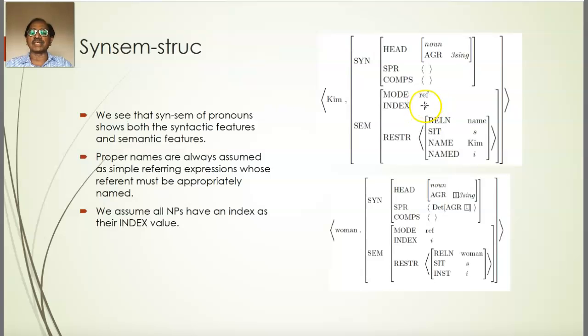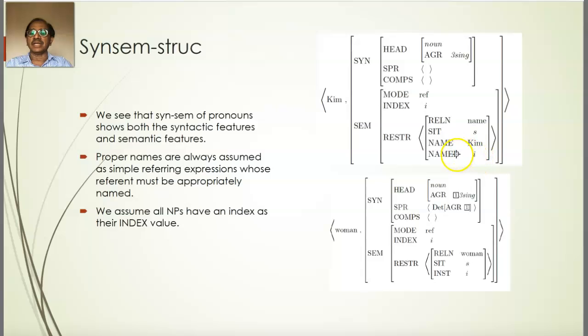That refers to a person. So where is that person? That person is a restriction we get here. So restriction, relation, it's a name. In a situation S, there is something called a name, which is Kim, and there is an